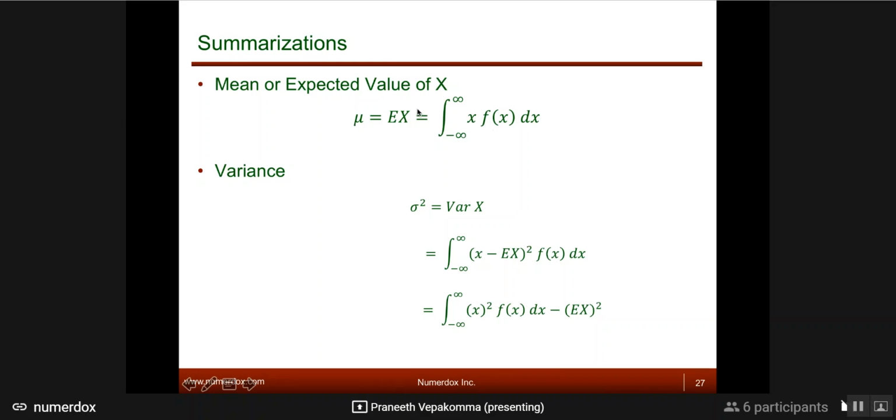But if you had a continuous phenomenon you're measuring, which can take any real number, then the summation is replaced by the integral, because the integral is literally computing the sum. Similarly, for the variance, you have the integral from negative infinity to infinity of f of x squared dx.